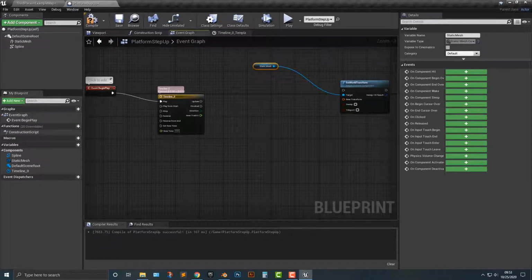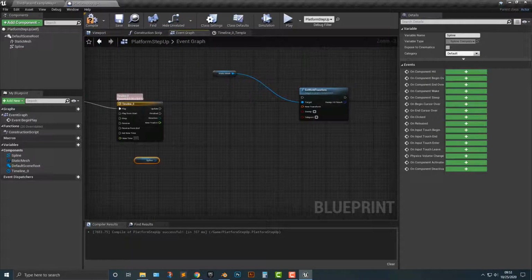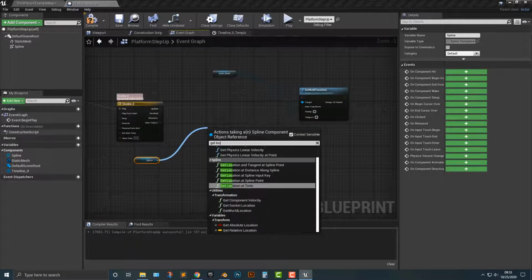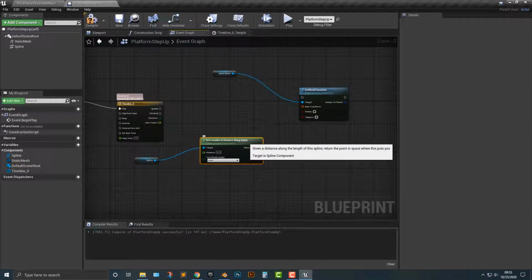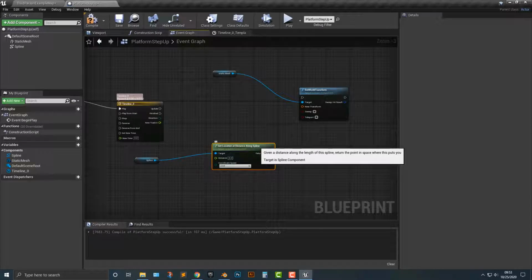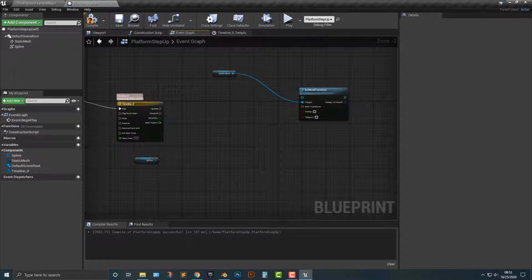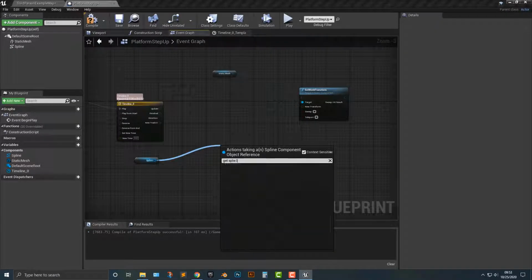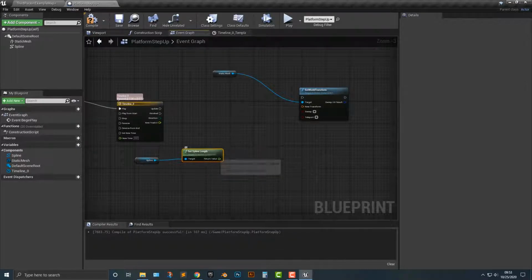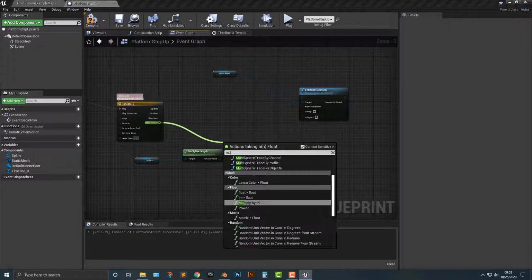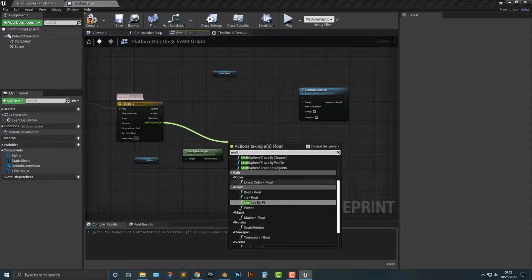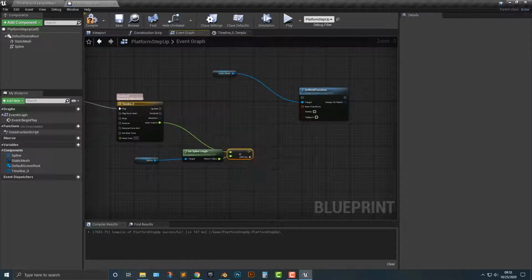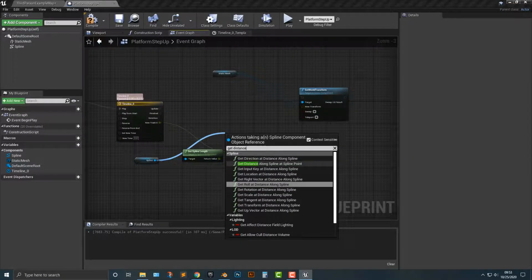We need to do a couple of things. First, we need to grab the spline, okay, and then we're going to get location distance along spline, and what we need to do actually is get the spline length first. Okay, so get spline length, and we're going to multiply float by float. Okay, one last time, multiply float by float. Drag that in here. Now we need to get distance along spline point,